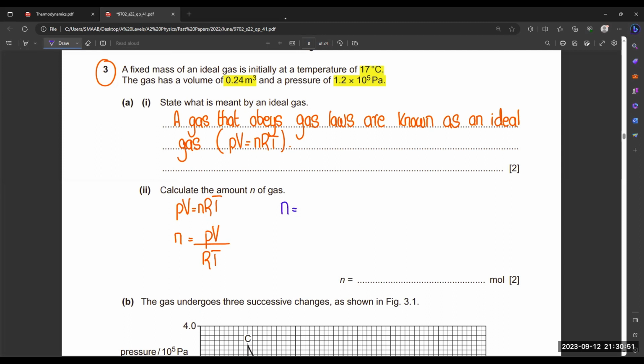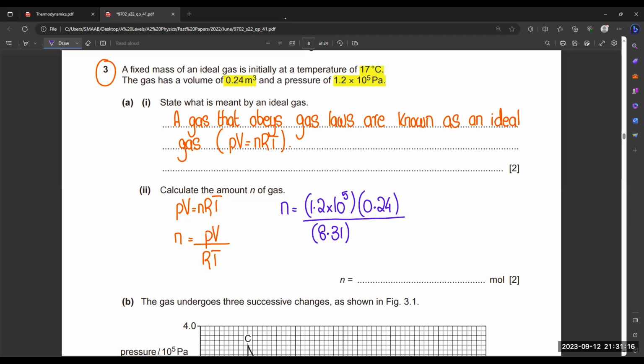So we need to substitute the values. Pressure is 1.2 exponent 5 multiply volume is 0.24 divided by R is 8.31